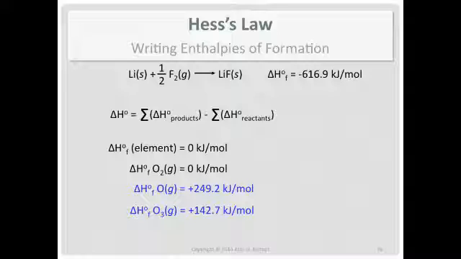By defining the standard enthalpy of formation for an element to be 0 kilojoules per mole, we don't really mean it doesn't have any enthalpy in it. To give you an analogy, in lab, when you weigh something out on the balance, a common practice is to put a piece of paper or a plastic weighing tray on the balance, and then you push the tare button. Now the balance reads 0, and it's not because the paper or the weighing tray has 0 grams, it's because you've offset it. So that's what we do. We make a definition that our elements for the standard enthalpy of formation are assigned a 0.